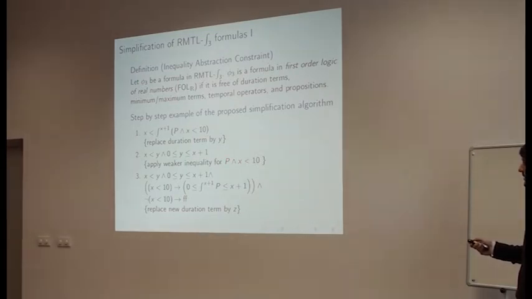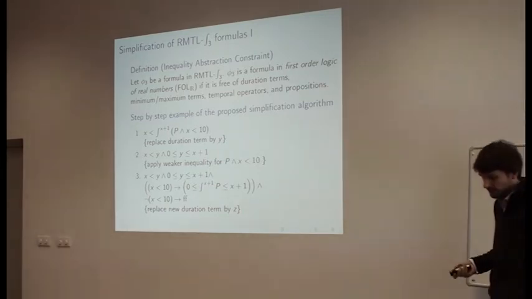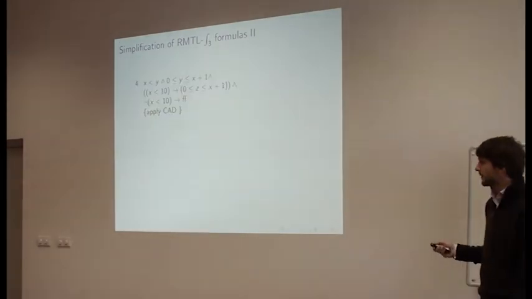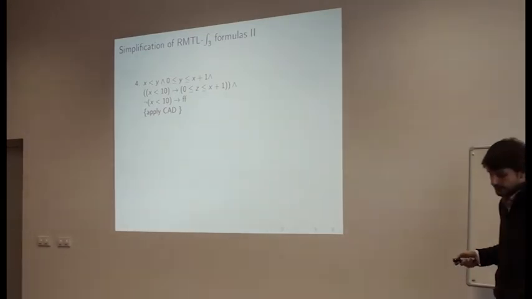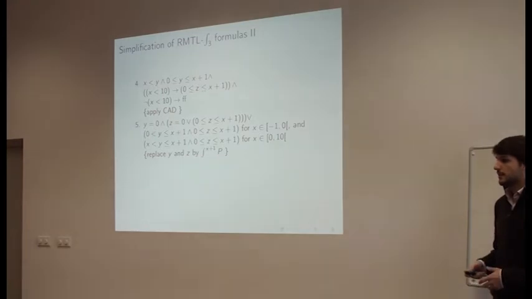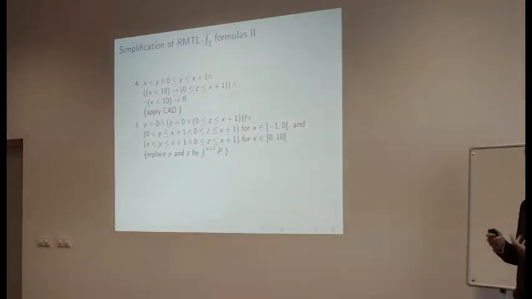This particular formula holds. So in that case, we replace that new duration as in the step before. We replace that by the variable z and continue. With that expression, we can then apply the cylindrical algebraic decomposition. Applying that cylindrical algebraic decomposition, we can get a decomposition into geometric regions of this type of formula. Based on that, we found that this